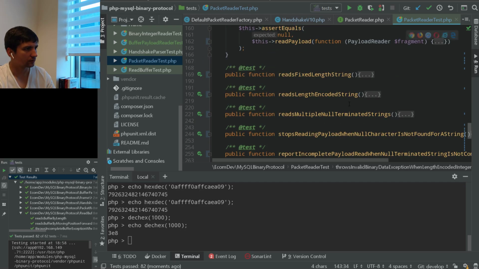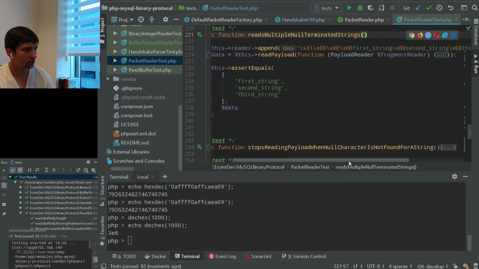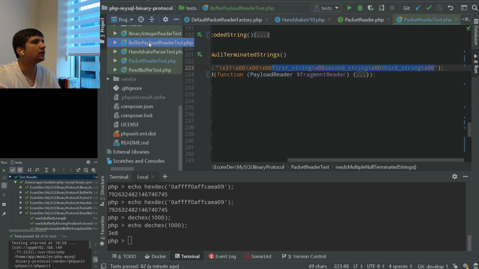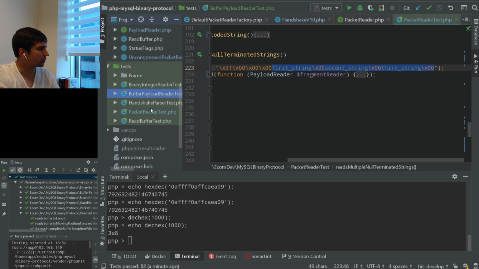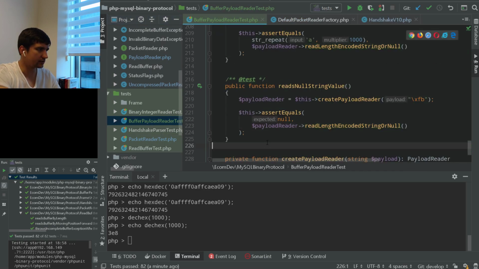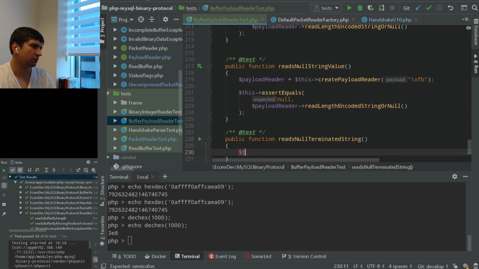Reads fixed length string, yes. Length encoded, yes. Multiple null terminated strings. Okay, so here's our null terminated strings. Let's add the test case for this one as well. And let's read, yeah, let's add data. Yeah, let's add a test. Reads null terminated string and